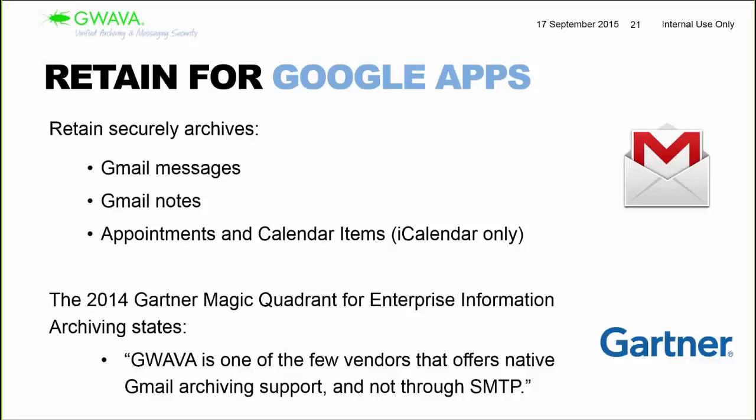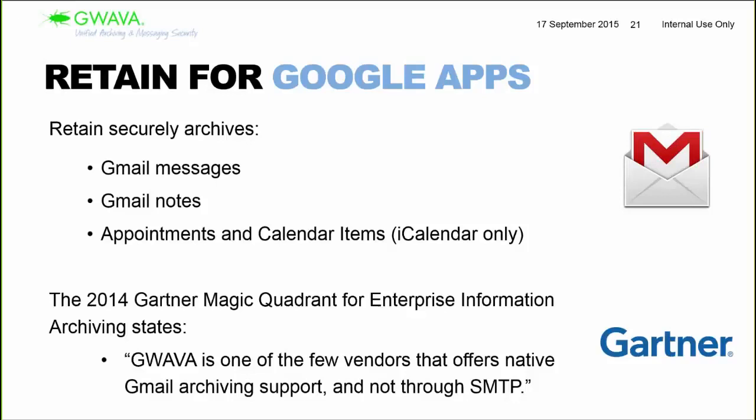So it's not like you have to sync or it's an SMTP type archiving. No, it's a direct integration with the Google Apps server. So messages are pulled down directly from there using an IMAP connection. So you don't have to worry about messages being archived. It's done directly. So once you set that up, those messages are pulled down directly from Google and put into